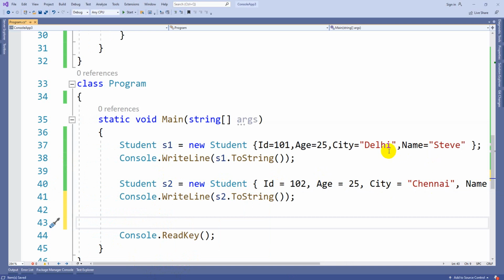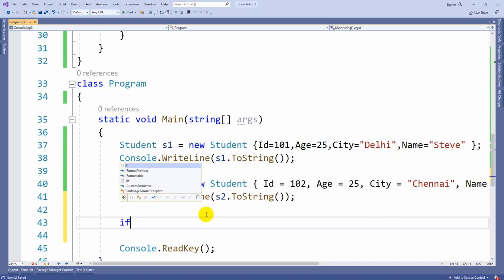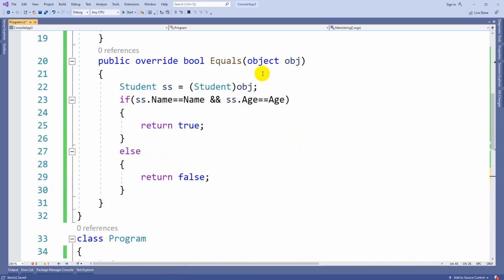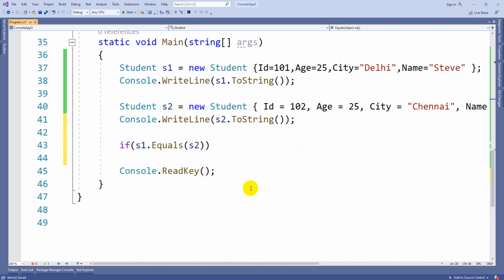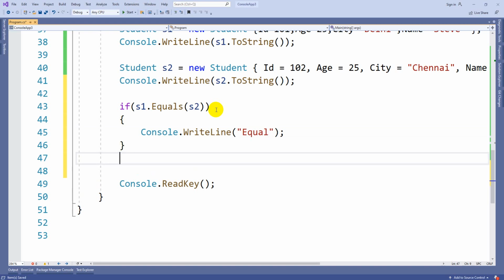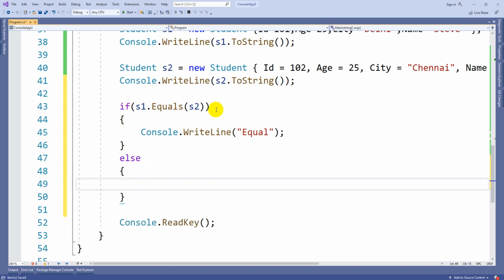The logic I wrote is: if age and name are the same for two objects, then I can confirm these two are equal. So if S1 dot Equals of S2, where S2 is the object, when these two are equal we print equal, else not equal. That's it.